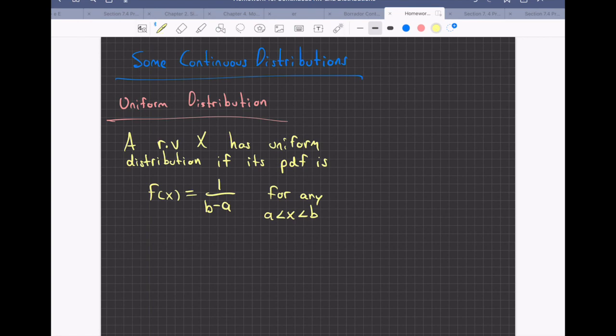So in this case, this is maybe the easiest continuous distribution. It's only defined by a constant. If you want to compute the probability that a given random variable falls in any value for a given interval from A up to B, then you can use the uniform distribution. For example,